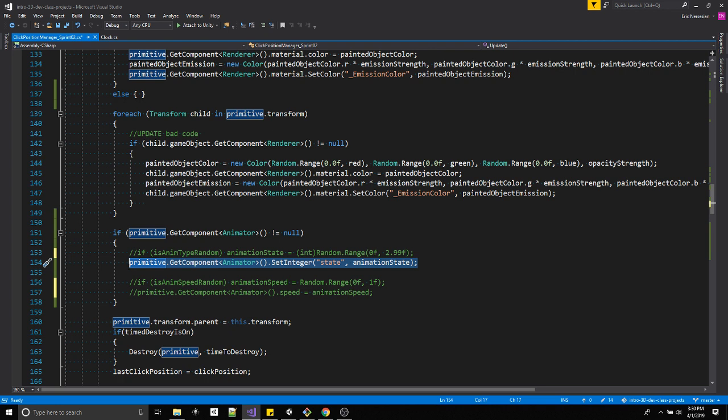All I'm doing is this. If this animator exists, then go get it and call a method called setInteger. So just as you saw other parameters, there are such things as other methods like setBool, setFloat, setTrigger, but we're just creating an integer. We're saying setInteger. We're passing in the name of the integer that we want to set and what we want to set it to. So in this case, back at the animator,